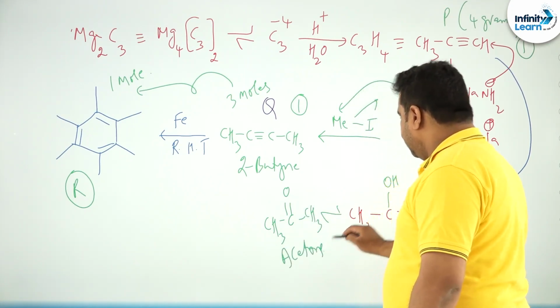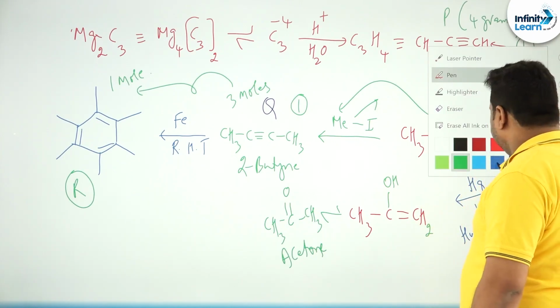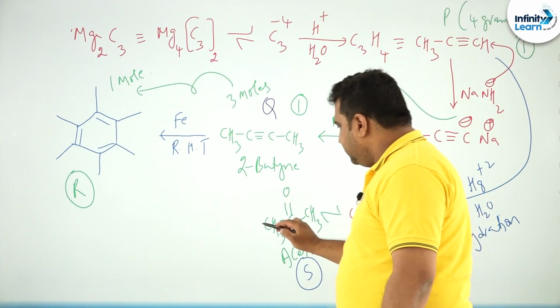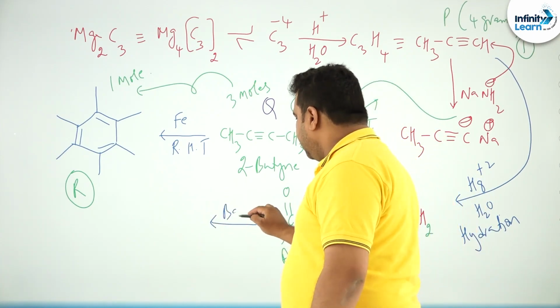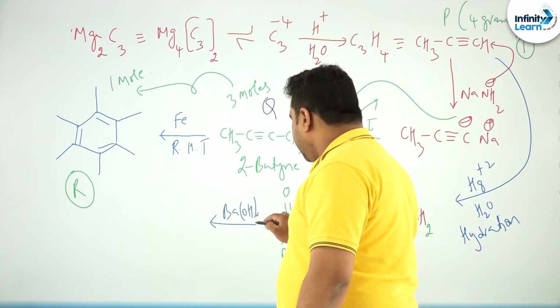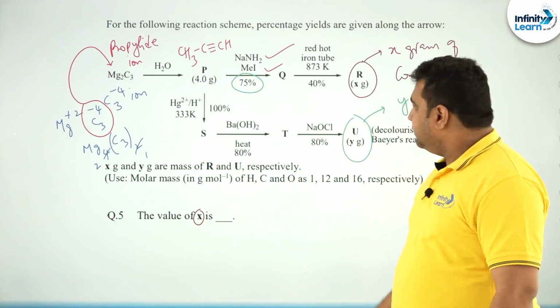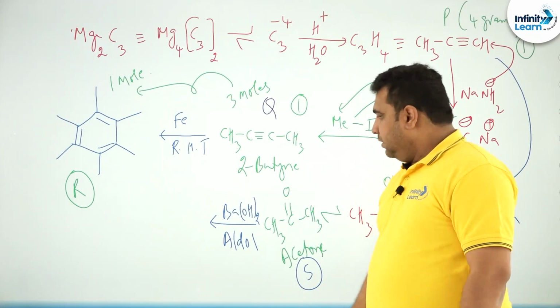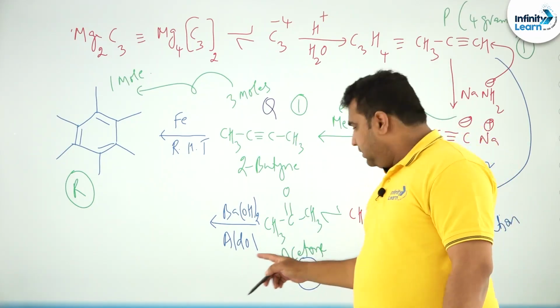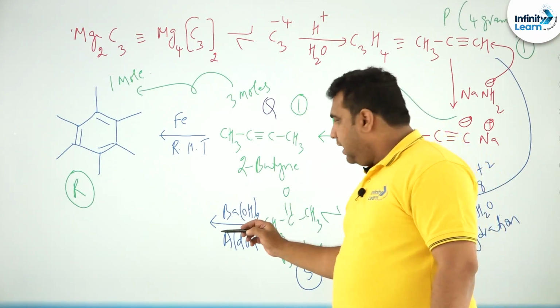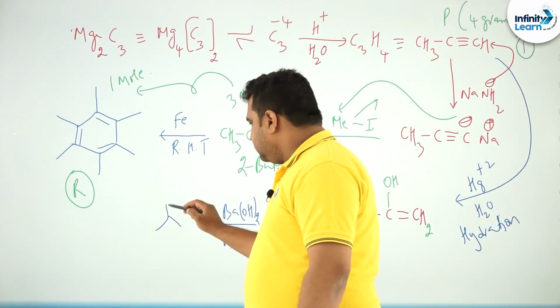And this compound acetone is nothing but compound S. Now, this is heated with barium hydroxide. If you heat with barium hydroxide, what reaction is this? Aldol condensation reaction. He is saying heat also, right. So, aldol condensation: here a negative charge forms, it will attack the same molecule, 2 moles of this will undergo the reaction and it will form mesityl oxide.